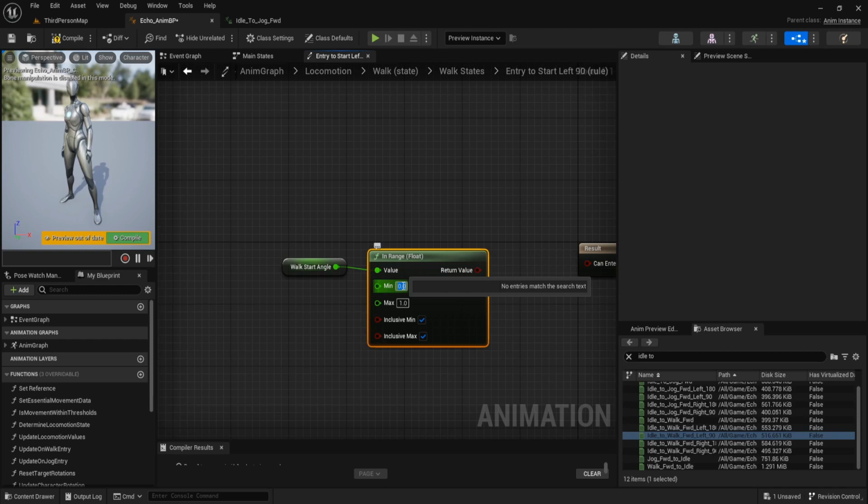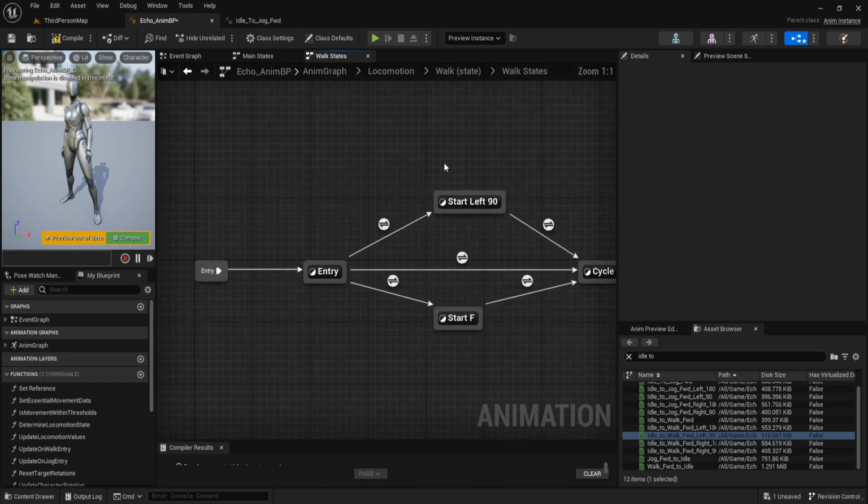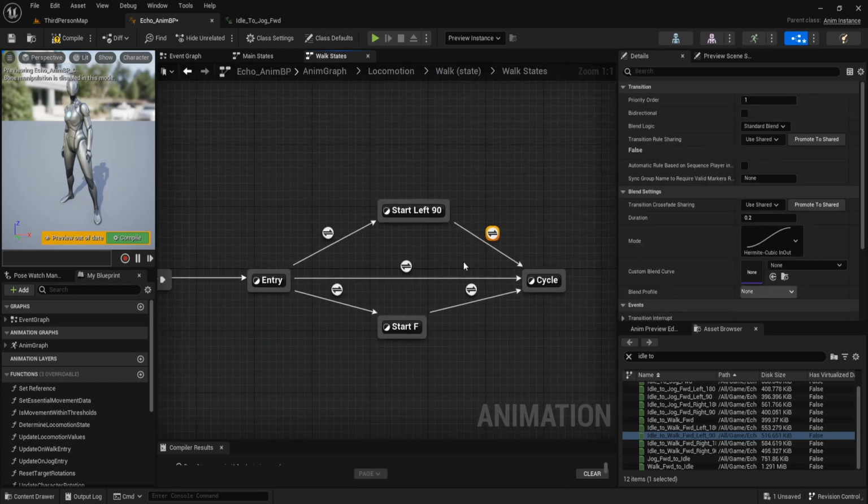Min is minus 135 and the max angle is minus 45, and do not include the max. Connect it to the result. And for this transition, set the automatic rule based on sequence to true. Duration for the transition is 0.5.